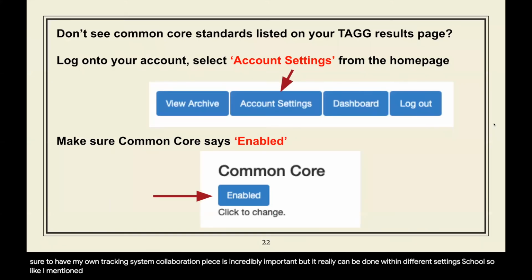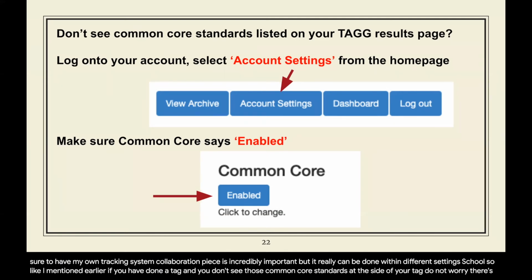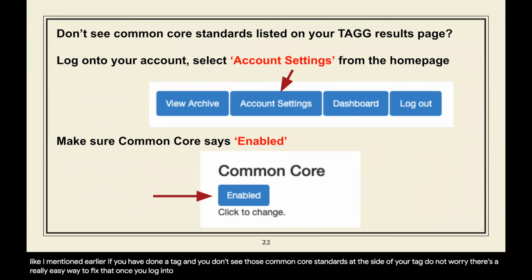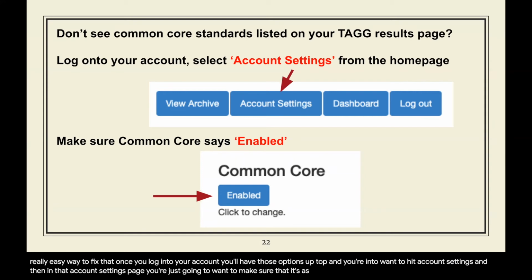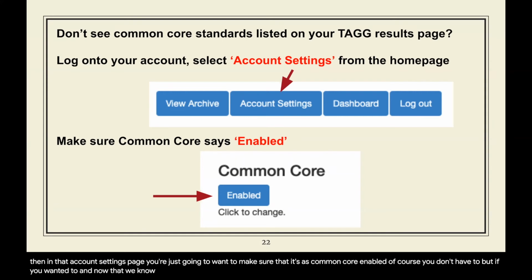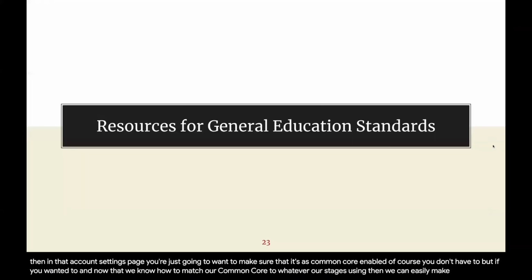So like I mentioned earlier, if you have done a tag and you don't see those Common Core standards at the side of your tag, do not worry, there's a really easy way to fix that. Once you log into your account, you'll have those options up top, and you're going to want to hit account settings. And then in that account settings page, you're just going to want to make sure that it says Common Core enabled. Of course, you don't have to, but if you wanted to, and now that we know how to match our Common Core to whatever our state is using,